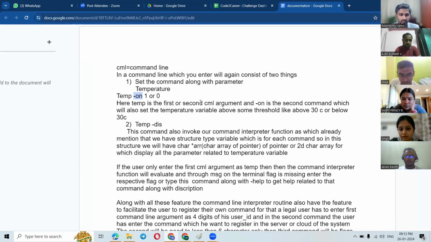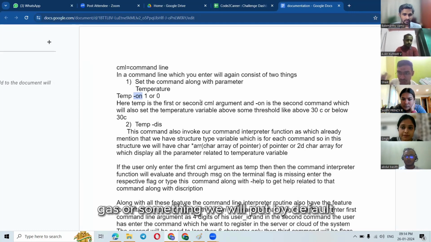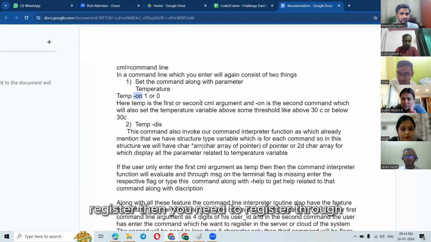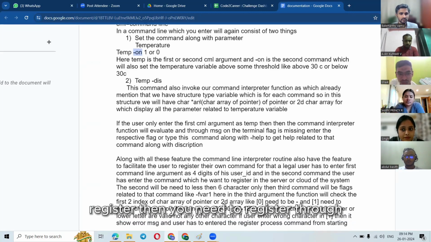After that, he will get two commands, like one for help with a particular command. Some commands will be default commands, like temperature, pressure, gas, or something we will put by default. If a user wants to register, then he needs to register through it.